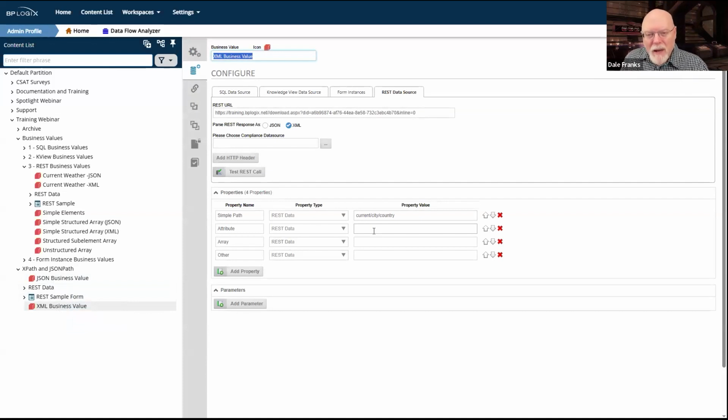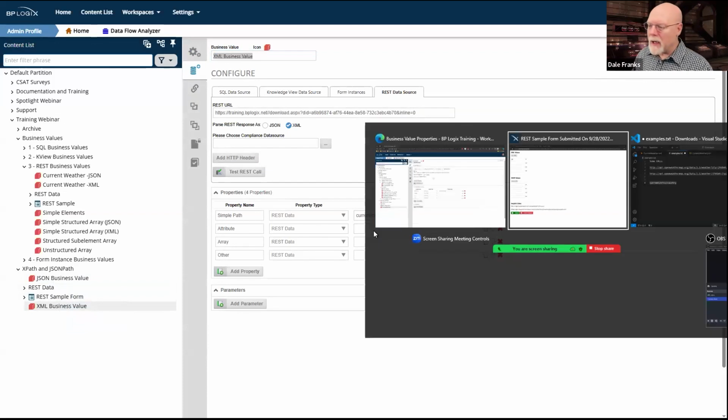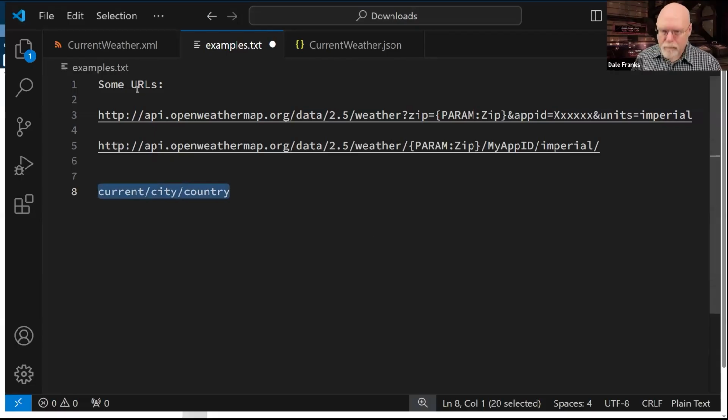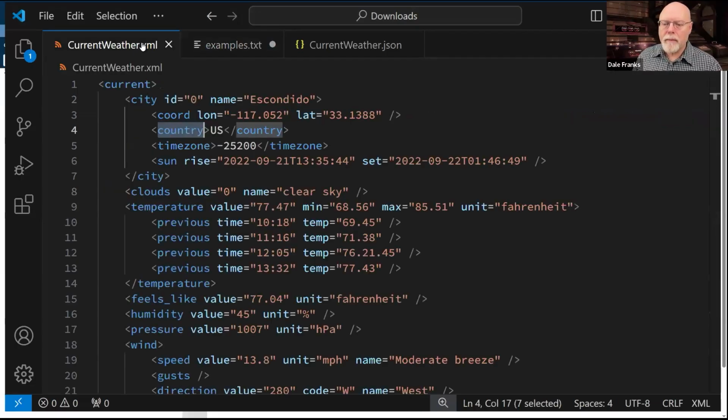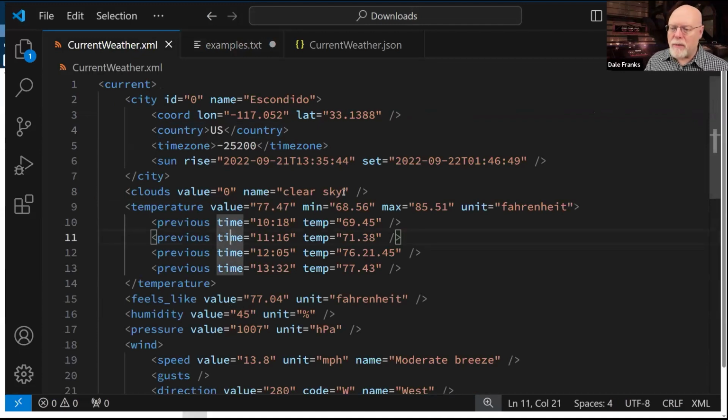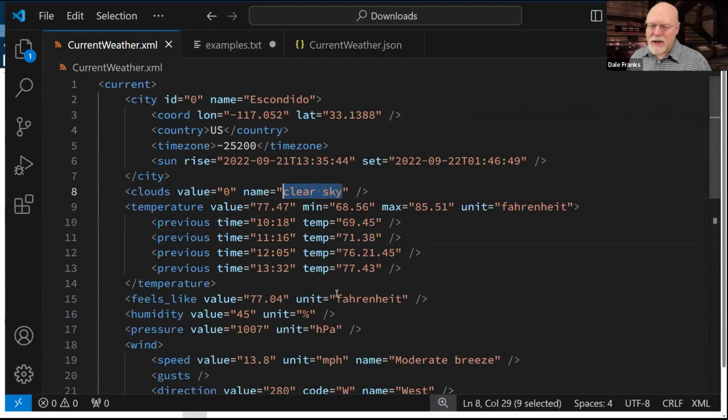But sometimes it's not quite enough, because we go back and look at our XML again. Let's say that we want the name or description of what our current conditions are. In this particular data set, this is where it is, clear sky.